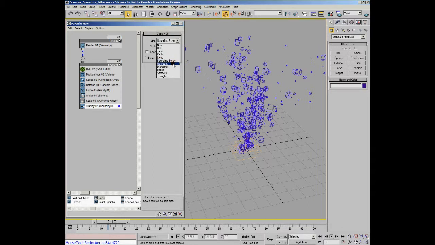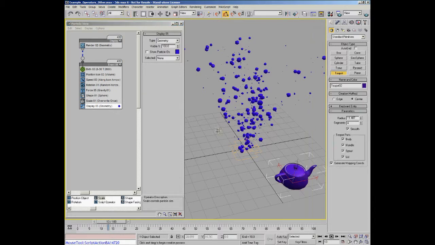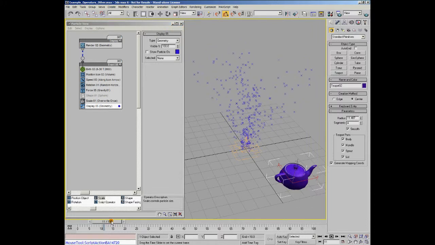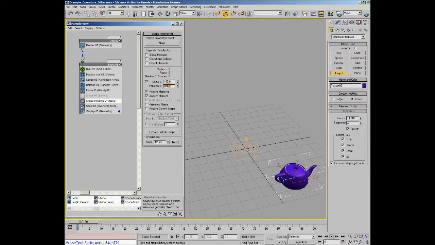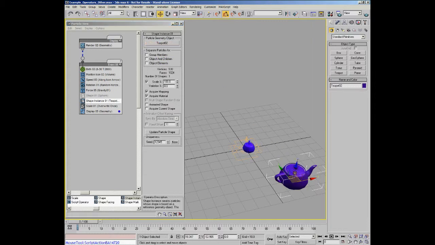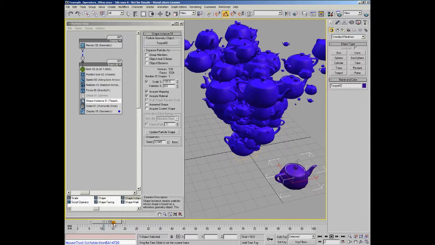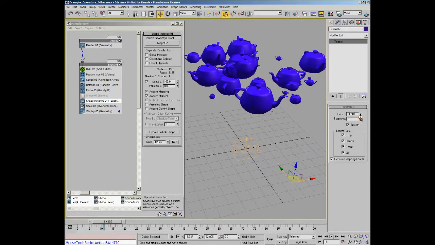The next option is geometry, and that will actually display the full geometry of your particles. So if we picked a teapot and I turned off shape sphere, obviously that's just a normal shape operator. If I go along and I choose shape instance instead, pop that in there, and if I pick this teapot, now you can see I'm displaying the full geometry of the teapot. And if I crank that up a little bit, make the teapots a bit more detailed,